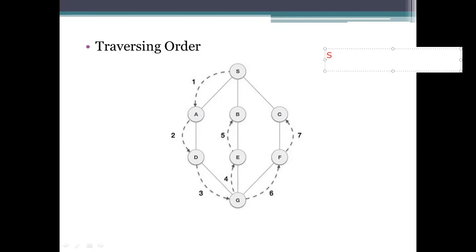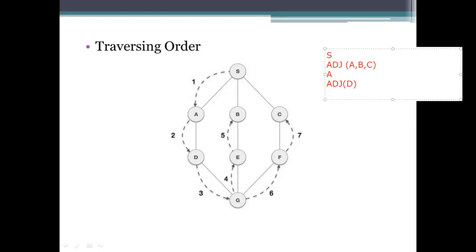So S is having adjacent nodes A, B and C. Traverse from the left side now. So we will choose A, and we need to check whether any adjacent nodes are there or not. As it is there, the adjacent node is D.